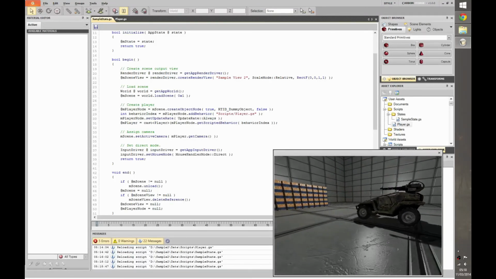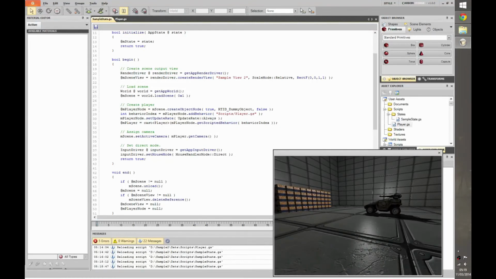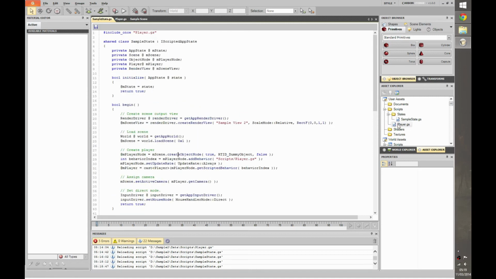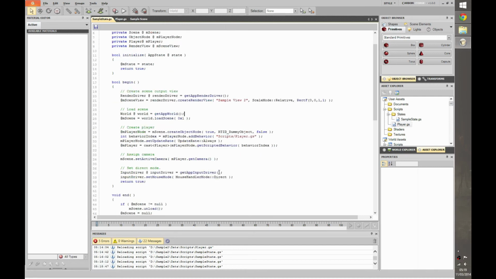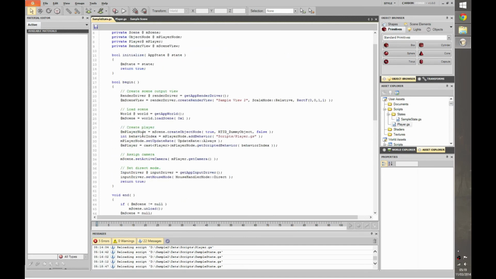So here we've ended up simulating roughly what the Carbon Forge scene preview does, and our object behavior should still function. So even though this is running in Carbon Forge, what we've effectively done is build an entire application state. This is something that when we publish this thing and we have our C++ side version, or our compiled executable, we've now built pretty much the whole game here, in a way that is required to emulate what Carbon Forge does by default with the preview scene. But we're actually going to do something slightly different